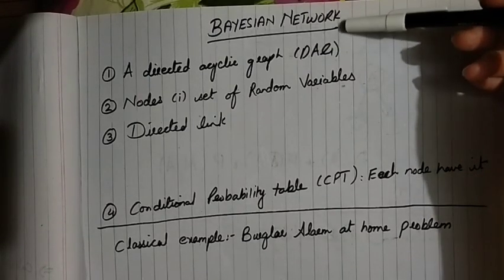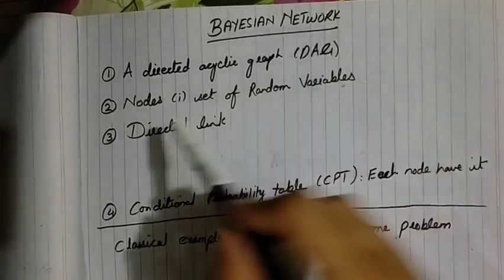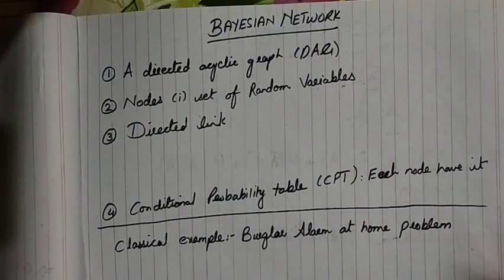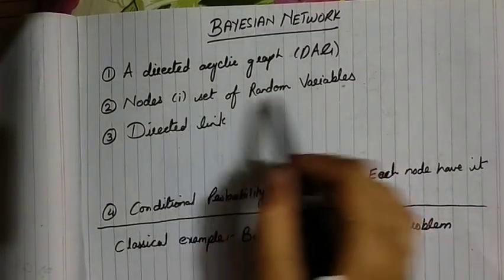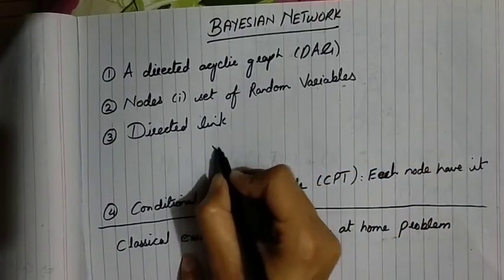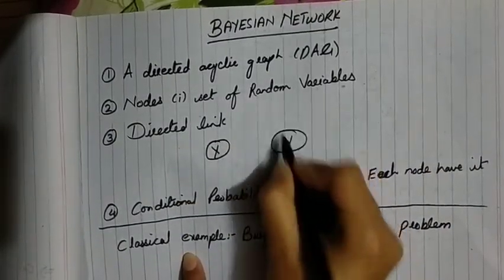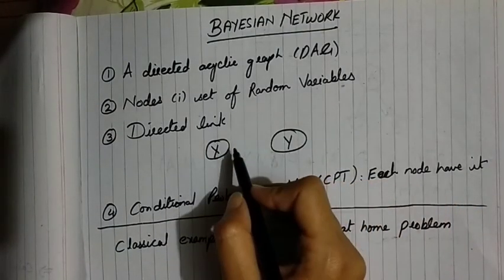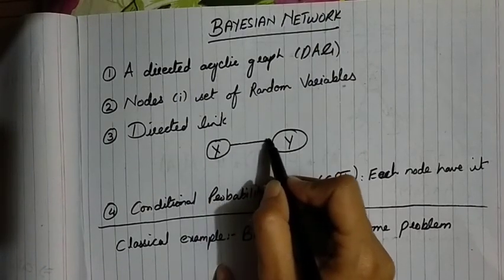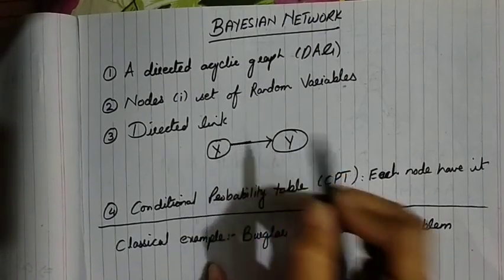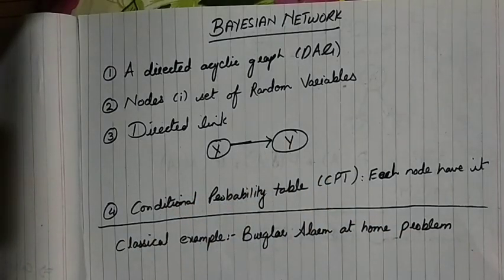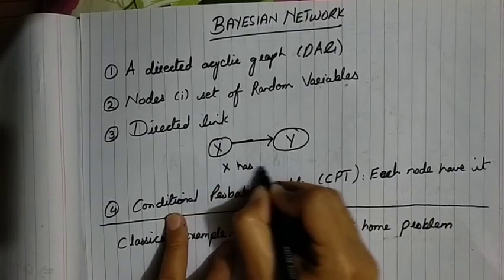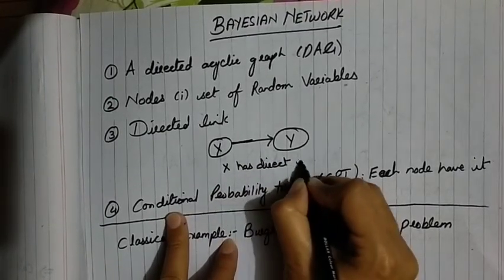This Bayesian network based topology is actually a directed acyclic graph that consists of two major things. The first one is the node. These nodes are the random variables. Suppose we have two variables x and y, and a directed link, an arc, going from x to y. The arrowhead shows us that this variable x has a direct influence